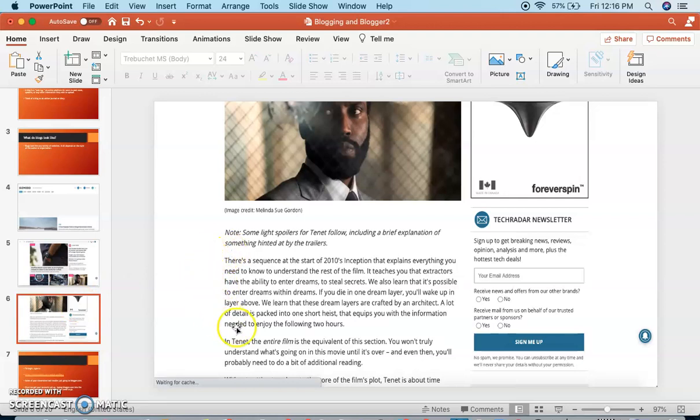And as you can read right here in this top paragraph, the author opens up this segment describing a 2010 movie called Inception, starring Leonardo DiCaprio. Now, you might not have seen Inception, but the general idea of Inception is that people have found ways to fall asleep inside of their dreams and then enter into another level of dreaming. And the whole movie takes place within these layers of dreams.